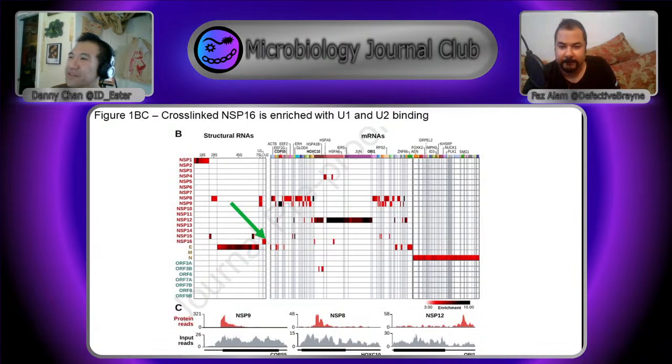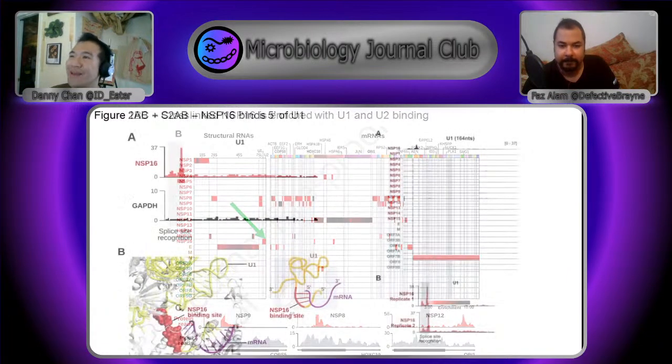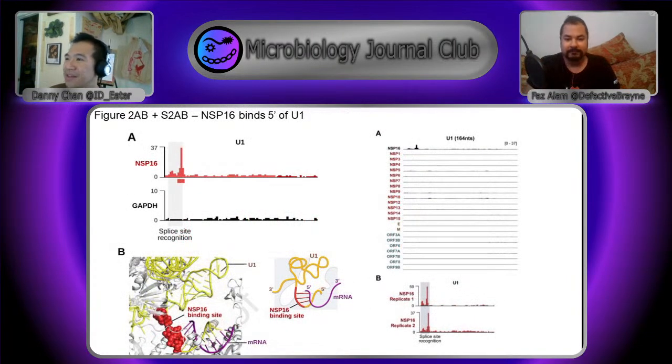So these two sets of figures, 2AB and S2AB, are looking at NSP16 first binding to one of the spliceosome mRNAs. I think maybe that's another important thing that we don't always talk about, or people may not be aware, but mRNAs are also part of, or not mRNAs,